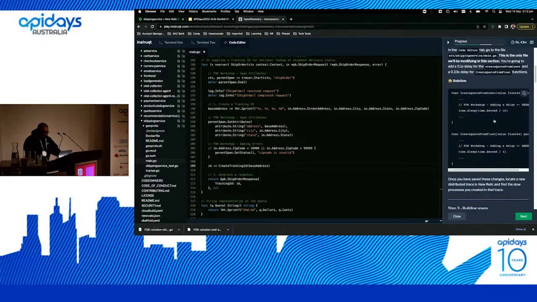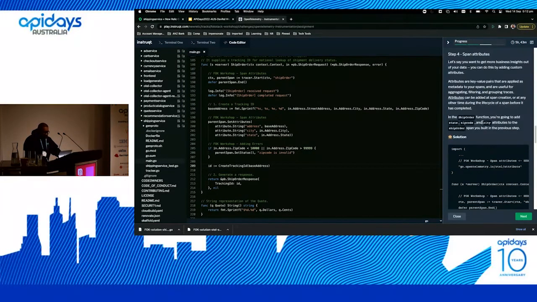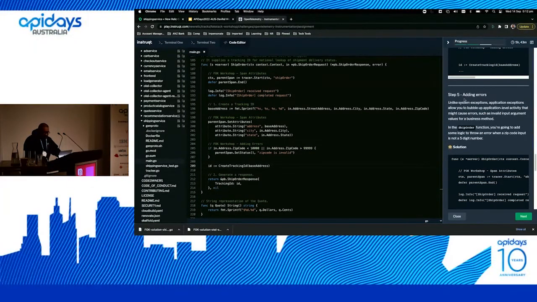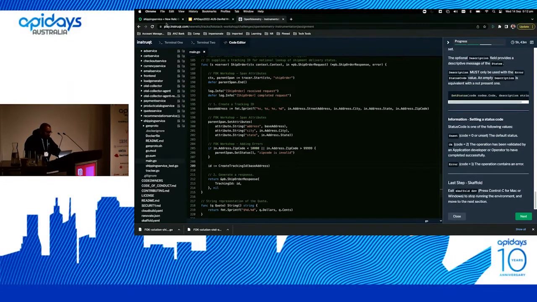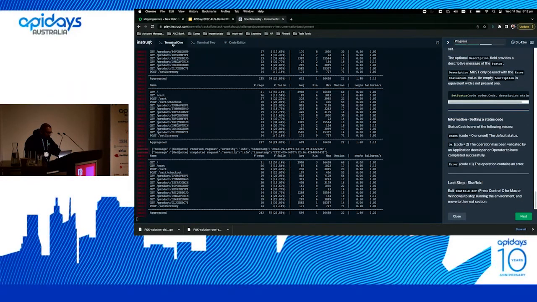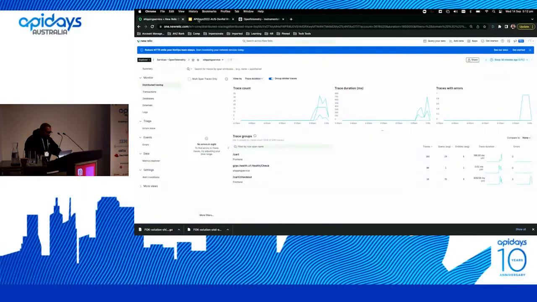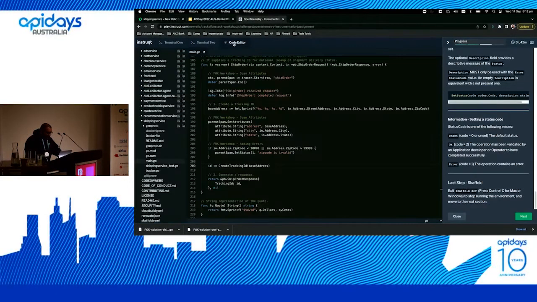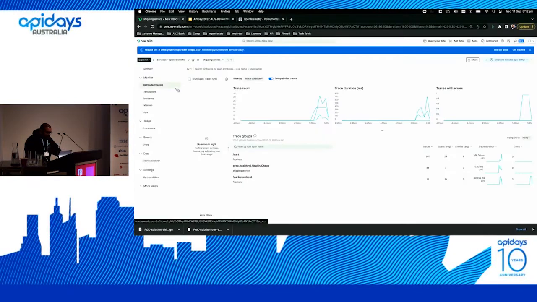So we're adding a delay, we're building some spans, we're adding some attributes, we're adding an error, and we're setting some statuses. So what you'll notice is that Skaffold will automatically rebuild that. It'll take about a minute or so for that to get updated. But if we go back and just refresh,